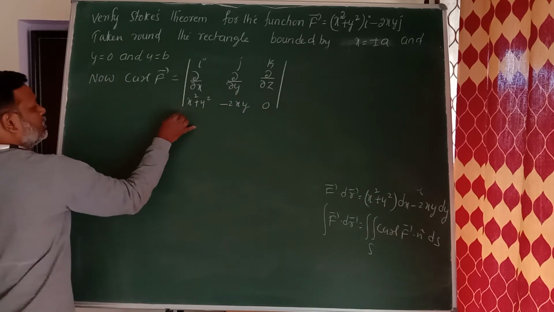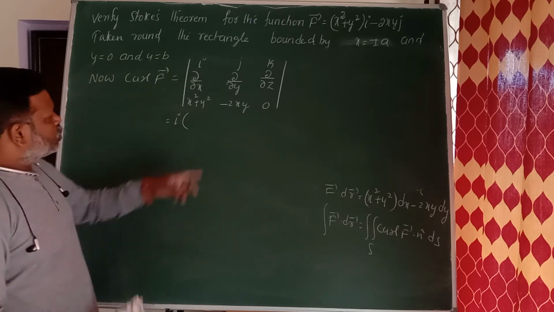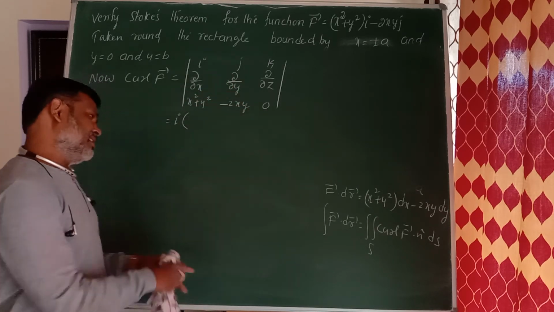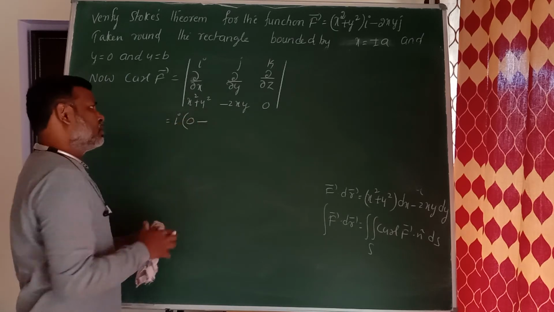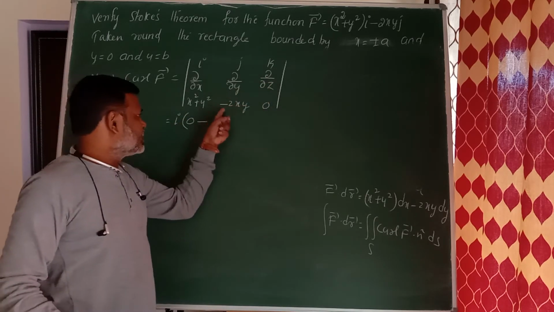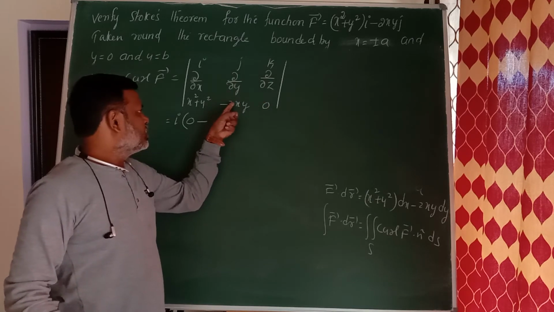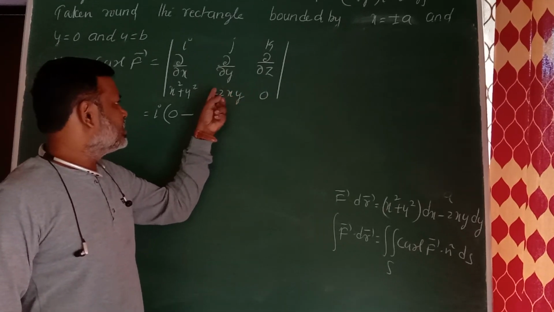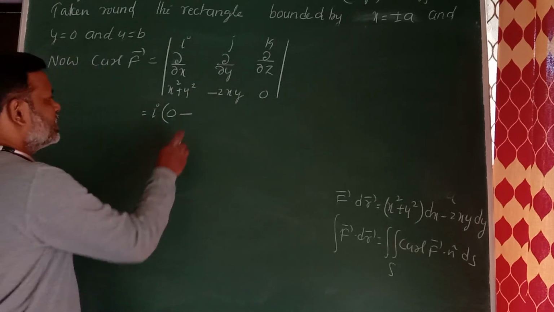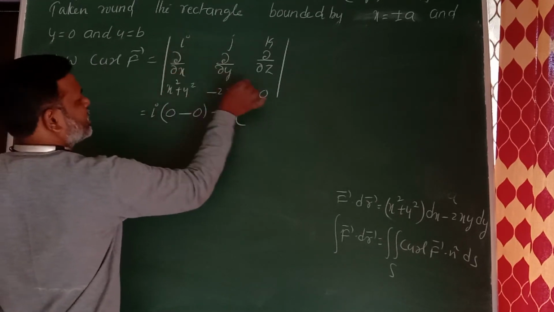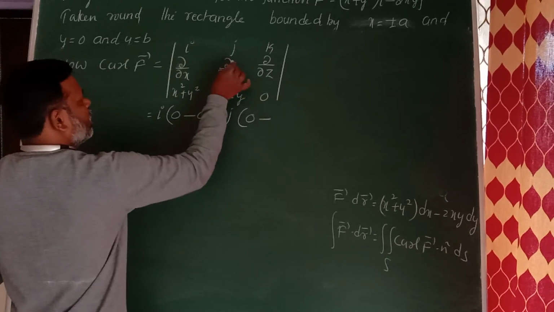How to do, sir? i into, so del by del y of 0, it is a constant, 0, minus del by del z of this one. Okay, so this minus this. Here this entire thing becomes constant, derivative is 0. Okay, minus j into, have a look on this, del by del x of 0 is 0, minus